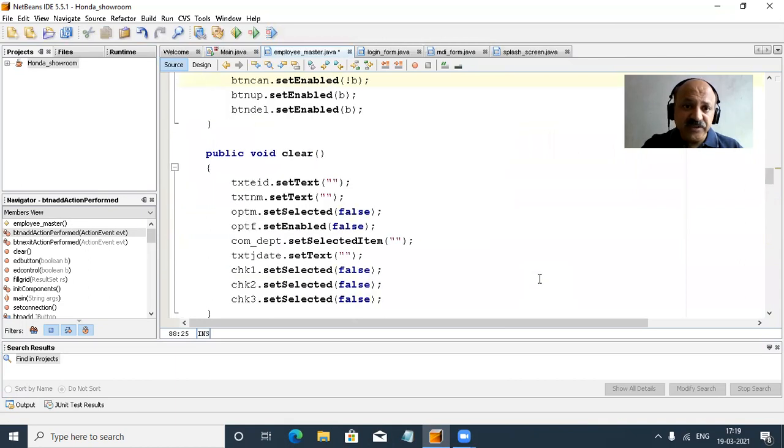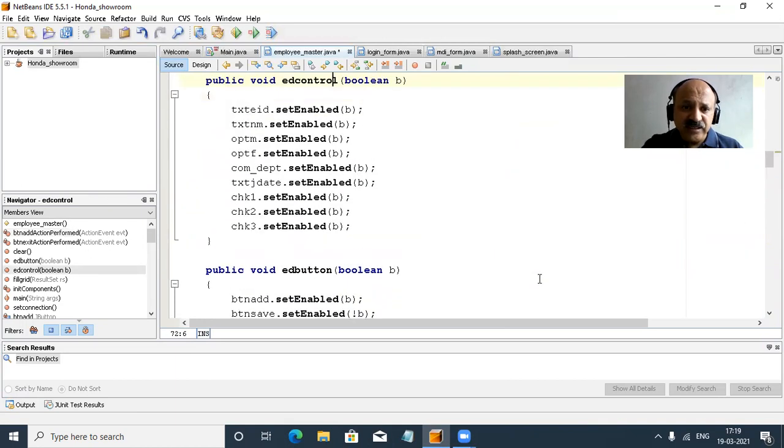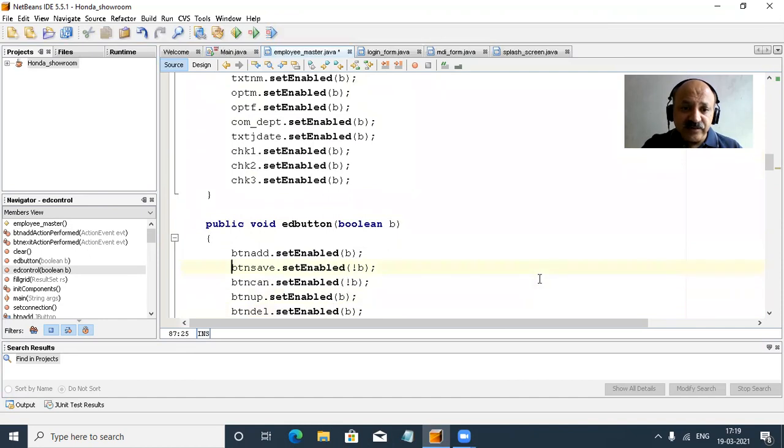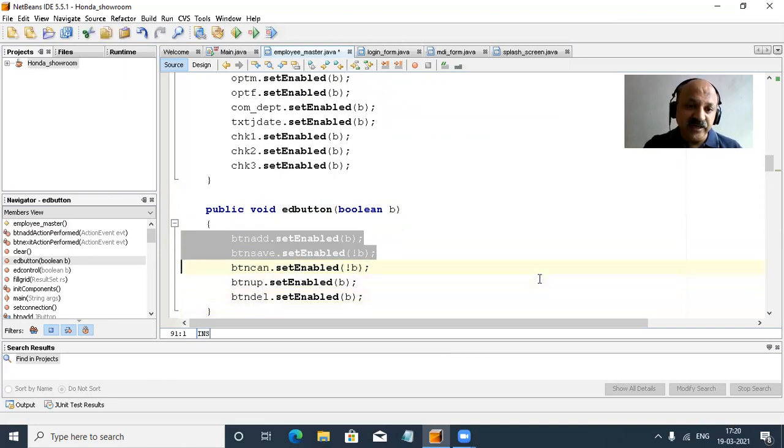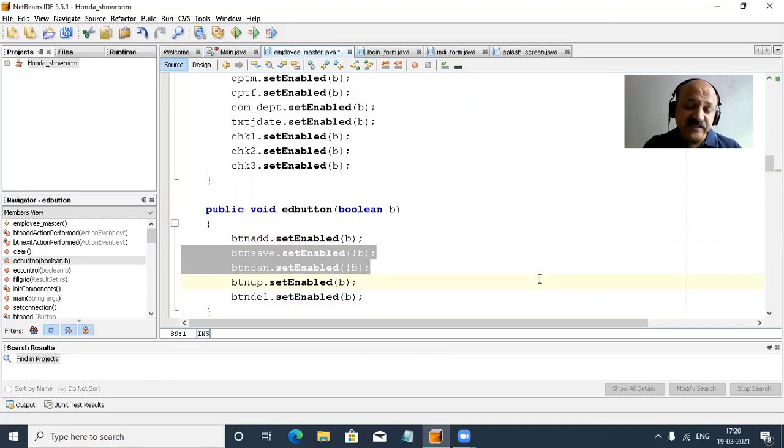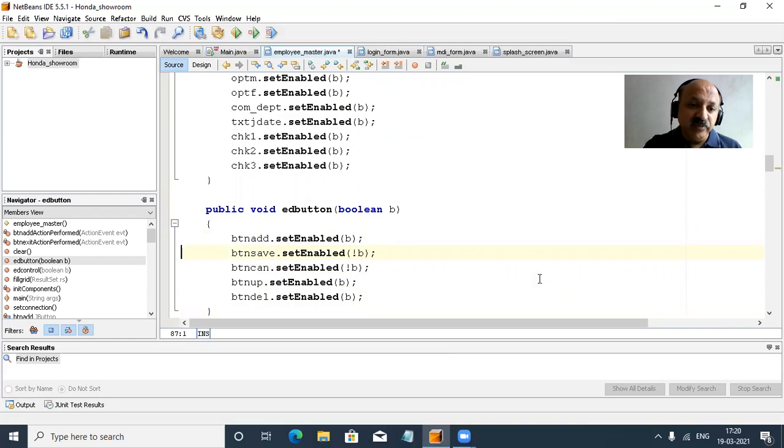I explained this in my previous video lecture, you can look there. For save and cancel we apply the not operator, meaning inverter: true becomes false, and false becomes true. So only two buttons are in the reverse order. Of those five buttons, I take not the exit button, but save and cancel in the reverse order. In my previous video lecture I also explained how these two buttons turn on and off, which is very important in our J2EE project or any project.